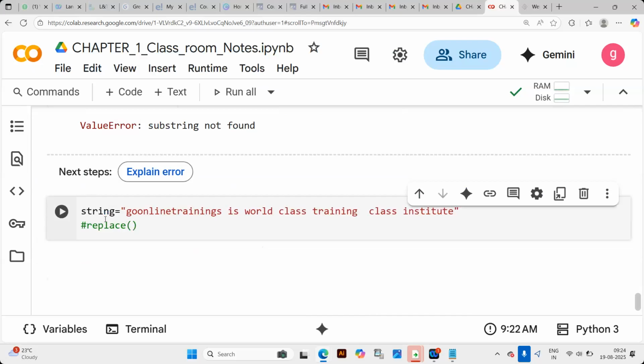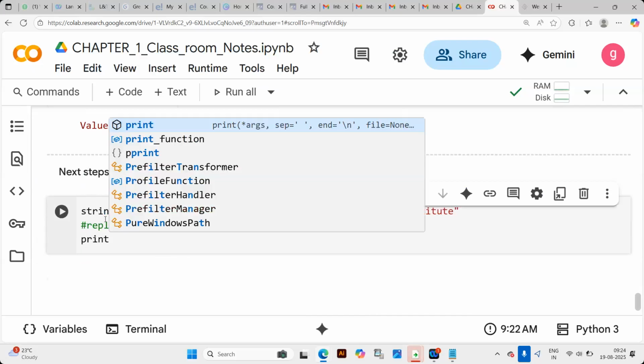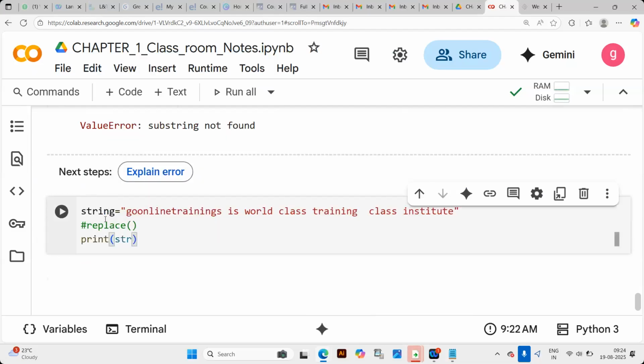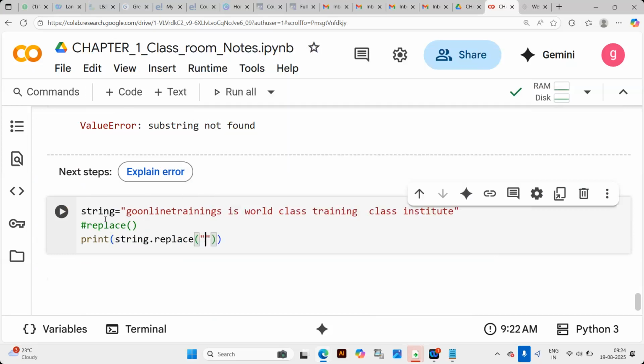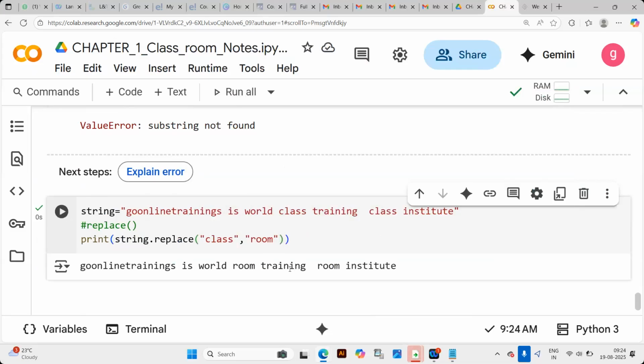The old value will be replaced by the new value. Print string dot replace. Here, the word class is going to be replaced with room. You see the output now? Wherever there was class, it is replaced with room.